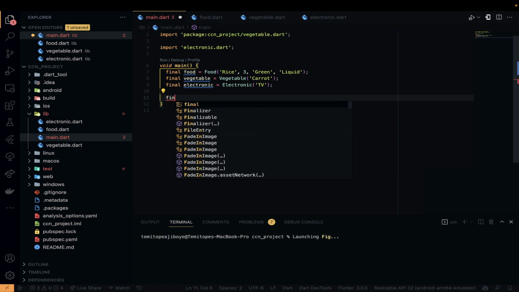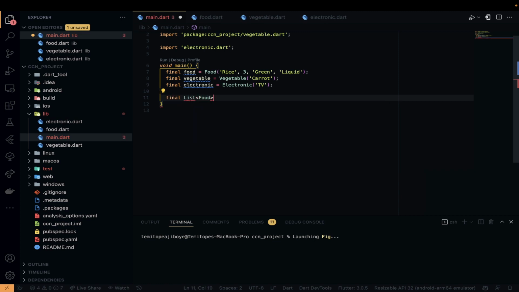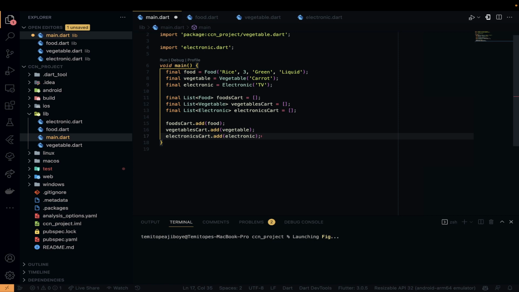So we can say we want to create a list of food, which is foods, which is food cards basically, like this. We want to create a list of vegetables and electronics. So you can always say food card.add if you want to add a food, vegetable cards.add, electronics cards.add. So we have added all this food that we have created to all these